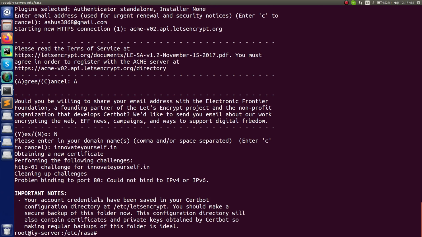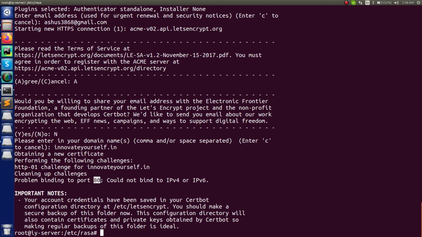All right, sometimes what happens is your port number 80 and port number 443 is in use somewhere, right? So for that, what exactly we have to do is free those ports so that they can be used for the certbot. So right now in this case, I will just free port number 80 and 443, and accordingly I will run this process again. So this is all that I have to do.